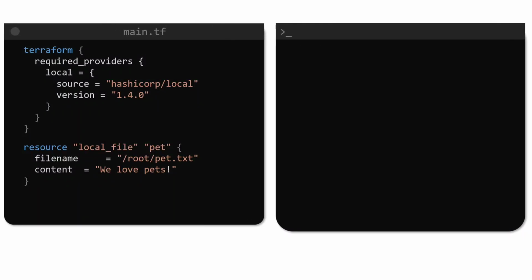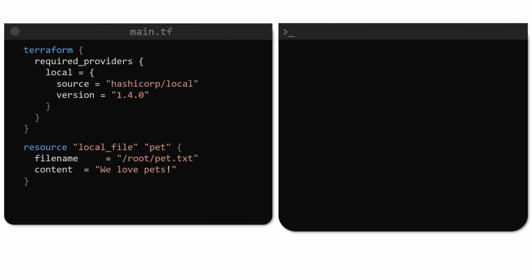Before we wrap up this lecture, let us look at the syntax used to define version constraints in Terraform. In the configuration for the local provider, we have specified version equal to 1.4.0. This allows Terraform to find and download this exact version of the local provider. However, there are other ways to use the version constraint. If we use the not equal to symbol instead, Terraform will ensure that this specific version is not downloaded. In this case, we have specifically asked Terraform to not use the version 2.0.0, so it downloads the previous version